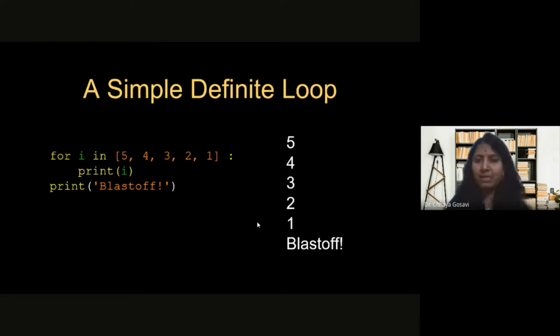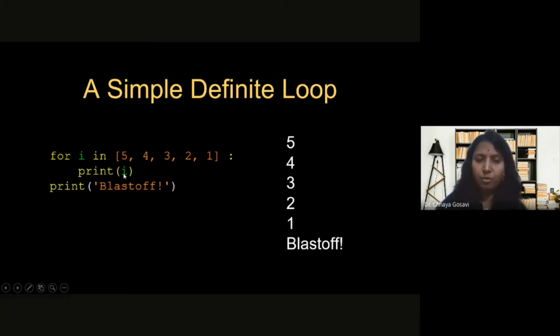This is a simple example of a definite loop. We have a list of 5 elements: 5, 4, 3, 2, 1, and this is the construct. For i: i is the atom, i is a variable. You can replace this i by any variable name, say a, b, c, or atom. In is again a keyword. For i in this list, colon at the end of the for loop, and what we are going to do is